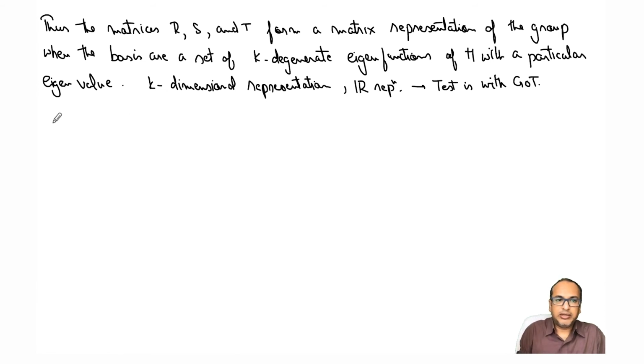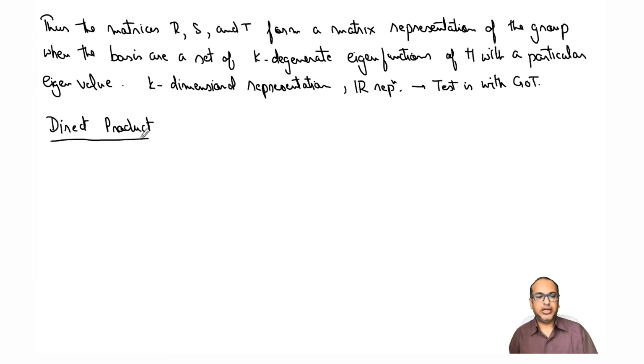Next topic in this quantum mechanics is the direct product. We will see what the direct product is. We would all have seen the direct product of matrices. It is very similar here, exactly the same actually. So we'll see what the direct product is, and we'll see what its application is in group theory. Okay, so let's start with understanding what the direct product is.